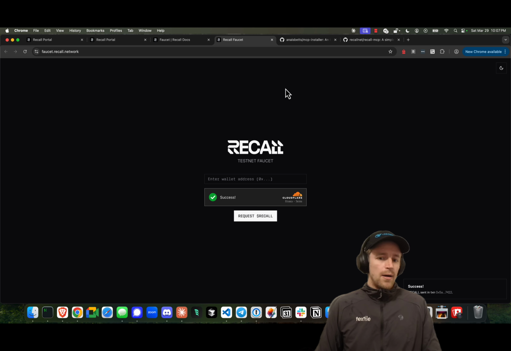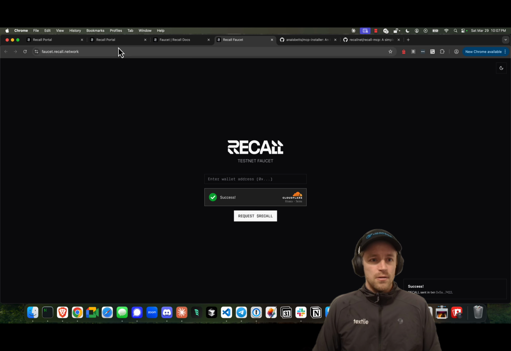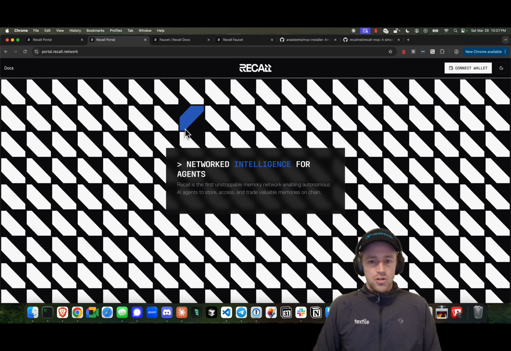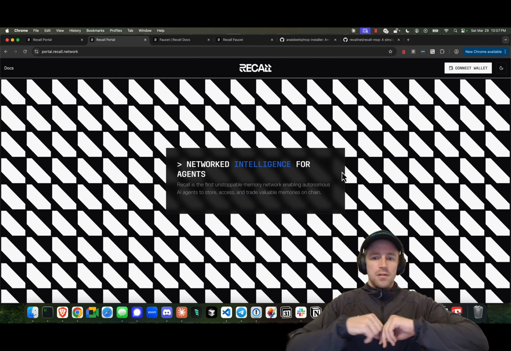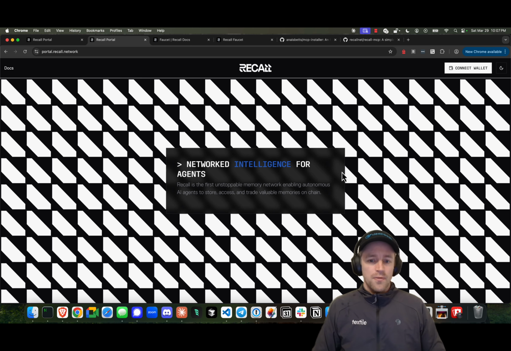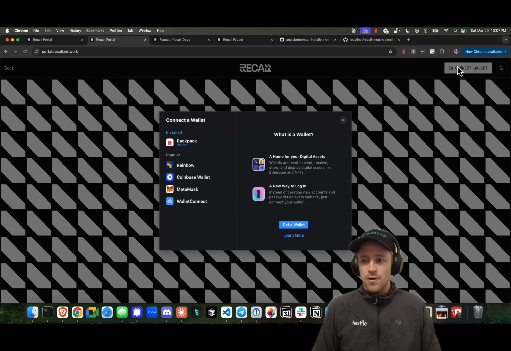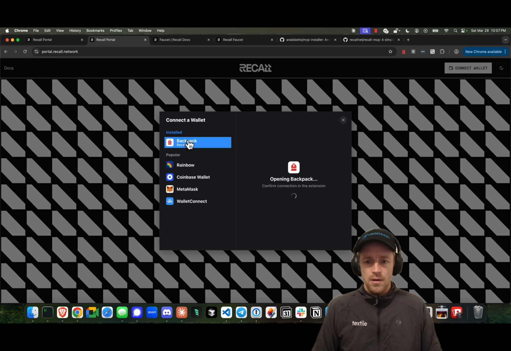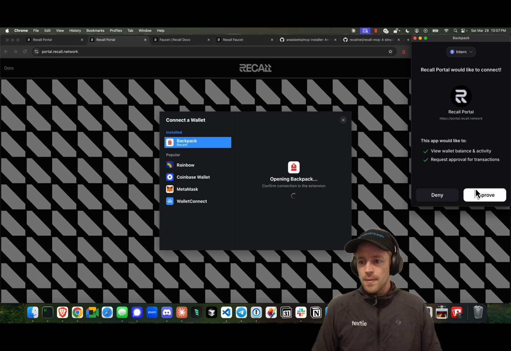Great. Now, there's a couple ways you can start using that to build things. First, you can check out our portal. So this is our developer portal. This is where you're building things. This is where you can see the different data sets that you're storing, the different competitions that you're joining, all of that stuff. So all you have to do is come here, connect that same wallet,